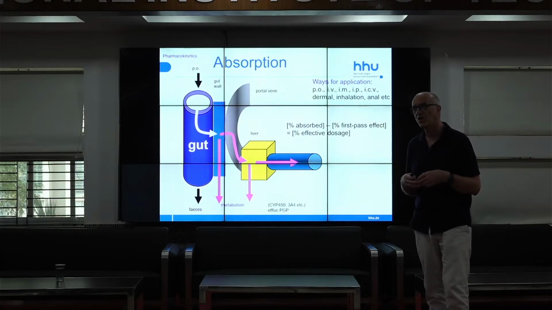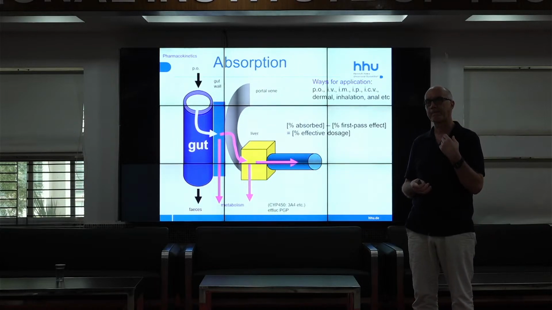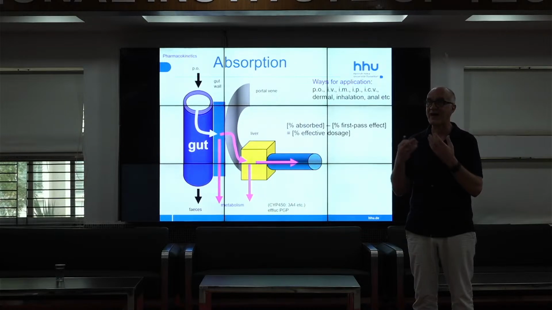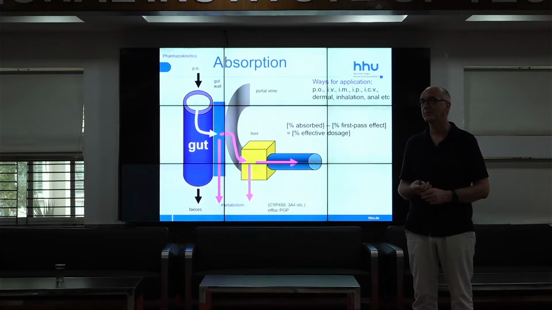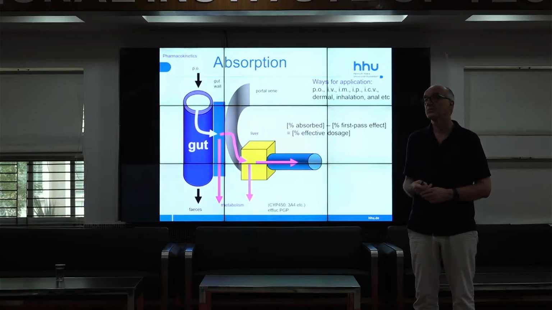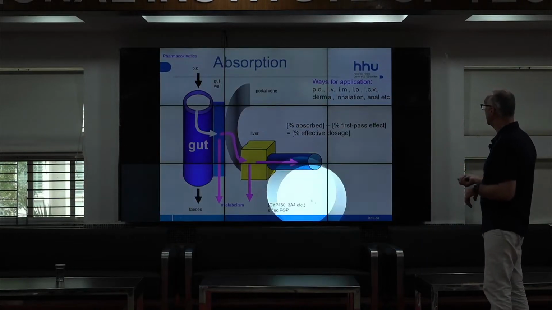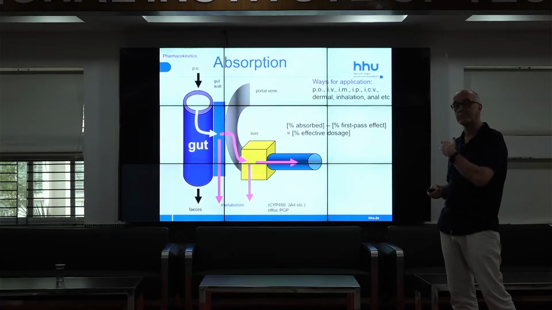I cannot explain all of the different absorption pathways because there are also inhalation, the different parenteral applications, or anal applications, and there are different forms in which way the absorption can be modified. Even topical dermal application could be a systemic application if you go for transdermal applications and so on. So there are many possibilities in which way this absorption can be arranged and modified. So even when your drug shows maybe poor